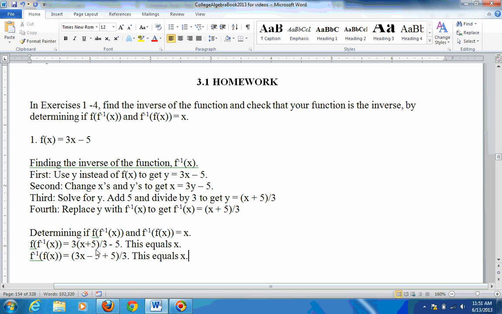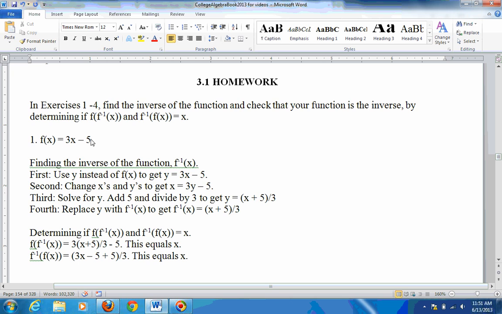So what will happen when you simplify this is this 3 will cancel out with this 3. It will just be 3 over 3. That leaves you with x plus 5 minus 5, and 5 minus 5 is 0, so you just end up with x. And then checking it the other way,